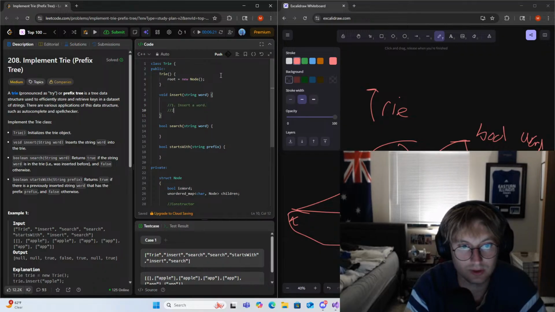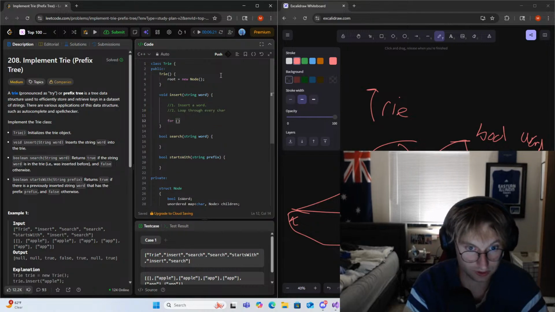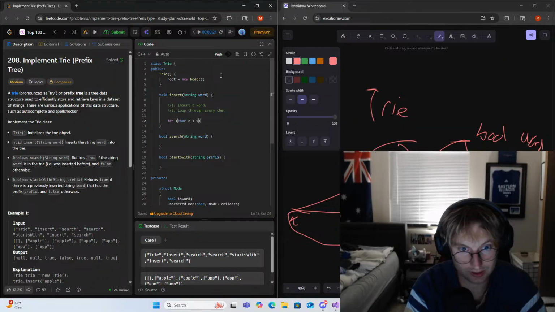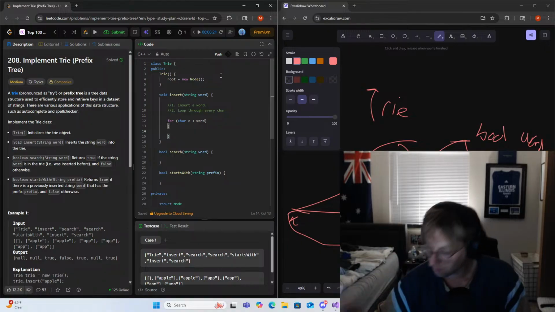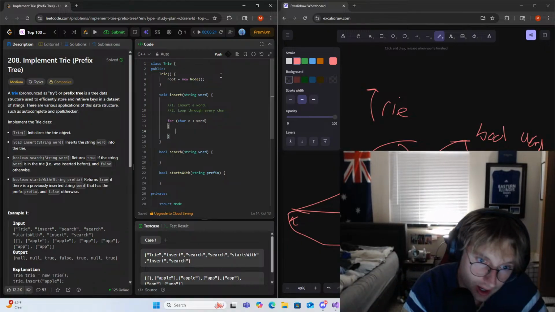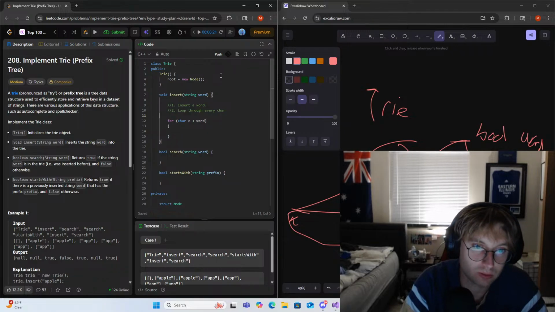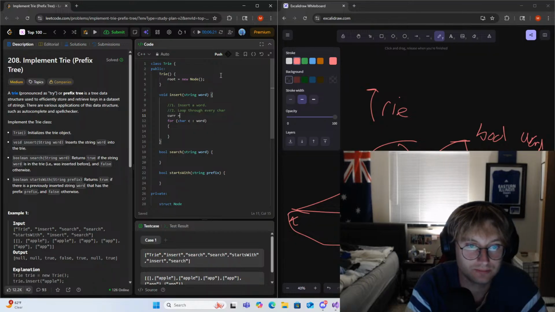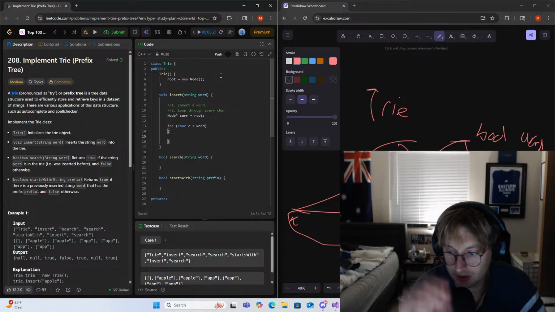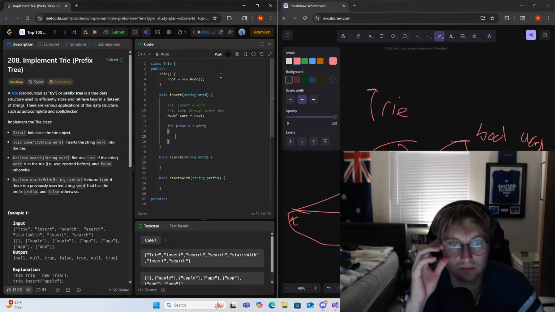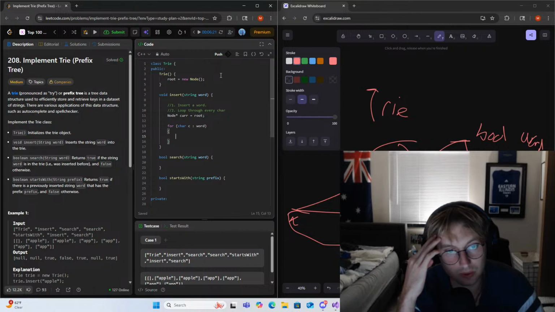Which then means we have to kind of loop through every char, right? So if we go for char C in word, we then want to, let's make a reference to our root here. So node pointer cur is equal to root, right? We then can go, okay, well, for every char in our word, we want to do,